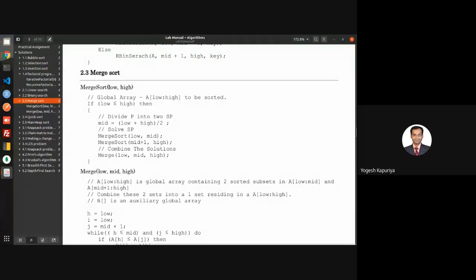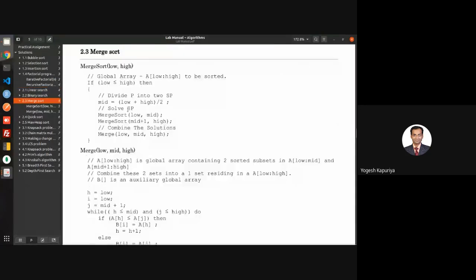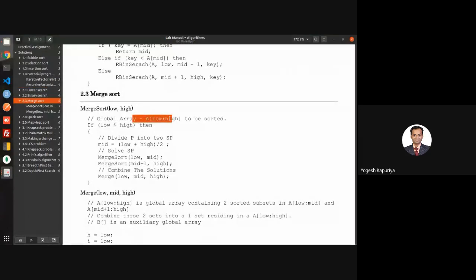Global means that you are not passing it over here. Otherwise, you should have a third parameter as well, that is A. I'm deliberately writing things in different ways so that you understand the ways of writing algorithms as well. Sometimes I write that A will be passed over here, sometimes I say that A is global.